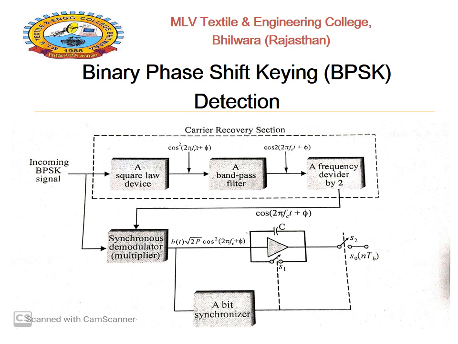The synchronizer then opens switch S2 and closes switch S1. This makes the integrator voltage 0. As the output of the integrator becomes 0, the synchronizer opens switch S1 and integrates the next bit. The integrator output is given to the decision device, which decides whether the symbol is 1 or 0 in a particular bit interval. That provides the output bit sequence which was applied at the transmitter section to generate the BPSK signal. Thank you.